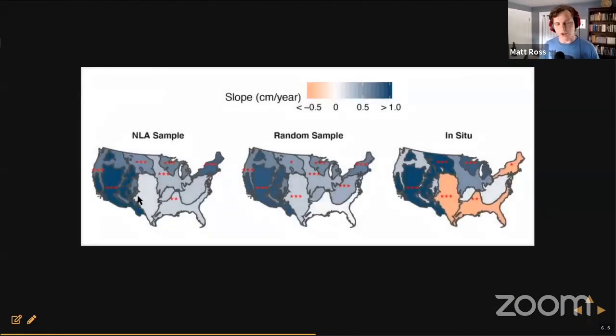And what we show in this paper, what Simon really shows, is that there's a lot of narrative from in situ based data sets on the far right here that water clarity in a lot of places is decreasing. So basically things are getting murkier. And that's sort of what some of the in situ data sets showed on the far right. But if you look at this random sample of lakes, or just the lakes that we have in the National Lake Assessment, we actually saw a far more consistent increase in water clarity.